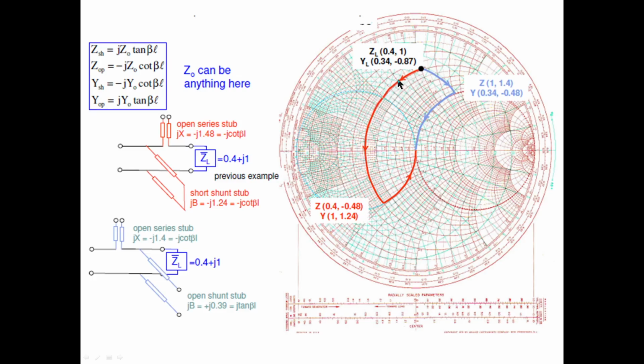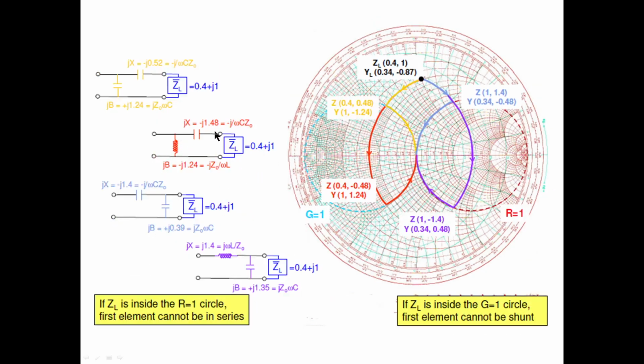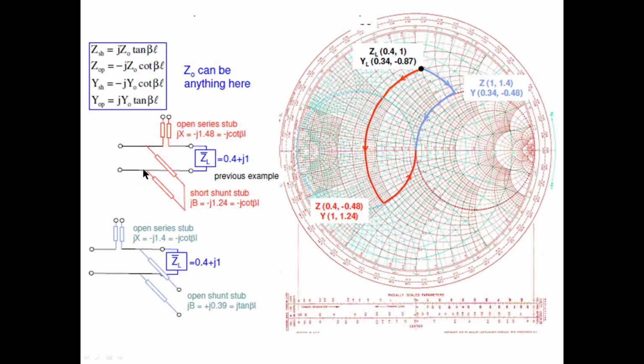In these L matching problems, you need not calculate those, because they are available from the Smith chart itself. The normalized reactance X, by moving like this, we will get from the Smith chart itself. And the normalized B value we also get from the Smith chart. So you just take those normalized reactance and normalized susceptance and implement them using the Smith chart. Like that we replace these inductors and capacitors by stubs.